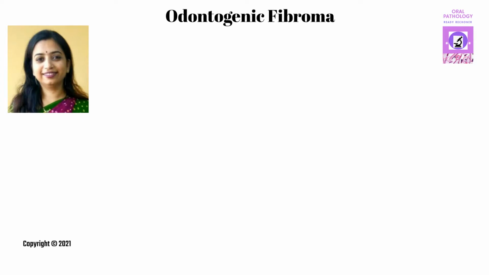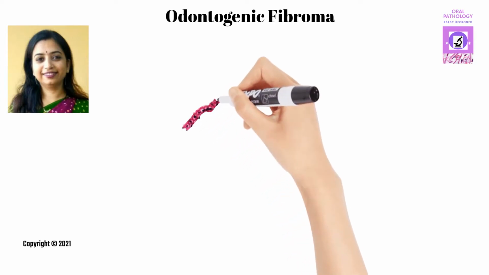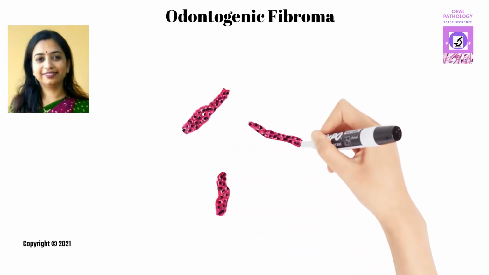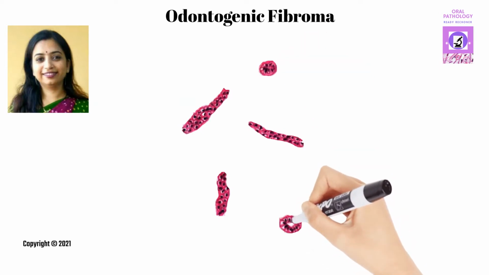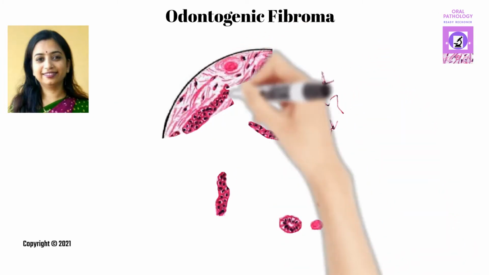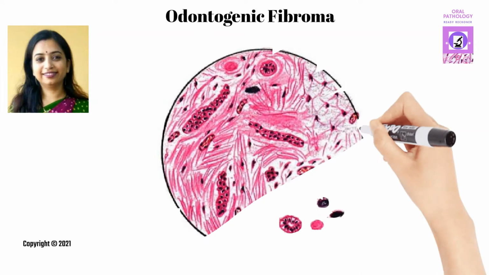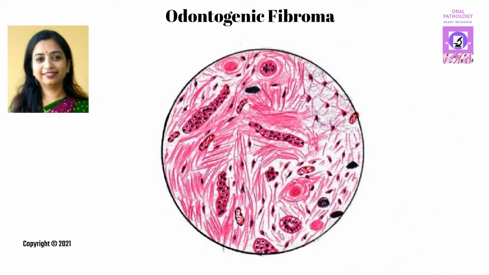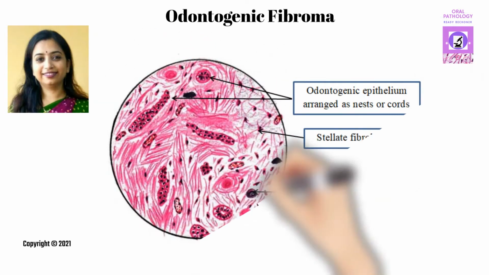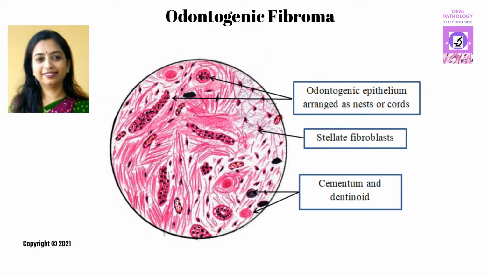Odontogenic fibroma is histopathologically composed of widely scattered thin strands and islands of inactive odontogenic epithelium, which closely resembles dental lamina. Some lesions show foci of spherical dystrophic calcifications, dentine and bone, while the connective tissue stroma is fibrocellular and resembles the cells of dental follicle. Sometimes this stroma can be rich in ground substance and gives a fibromyxoid appearance. So histopathologically, odontogenic fibroma is characterized by the presence of inactive odontogenic cords and nests, calcific deposits, and mixed collagenous loose connective tissue stroma.